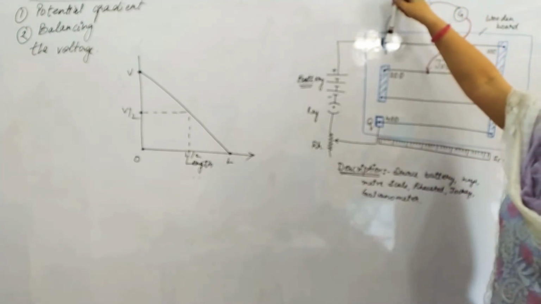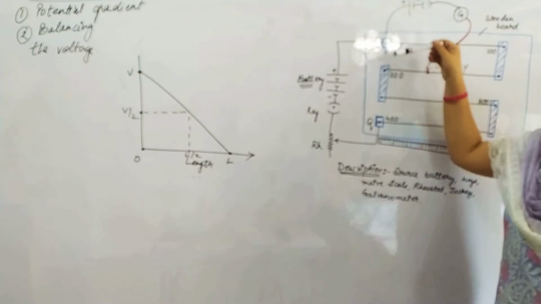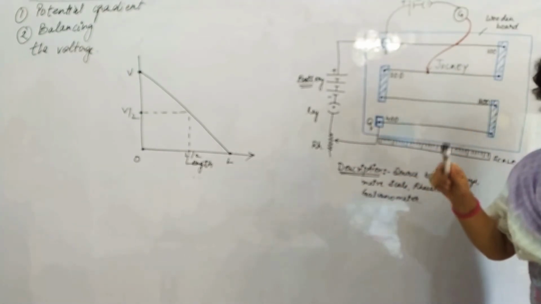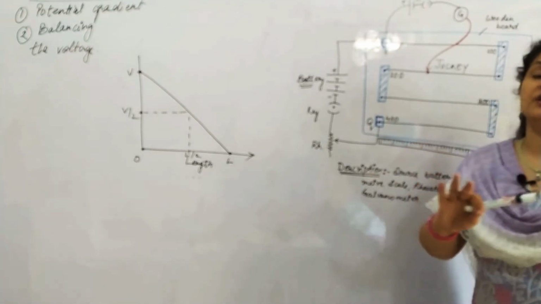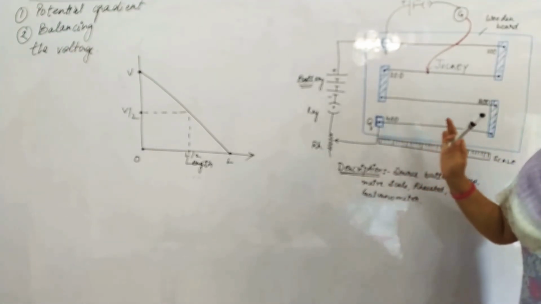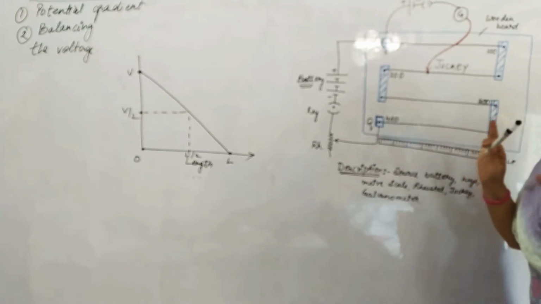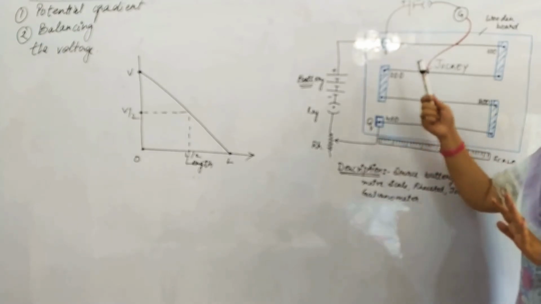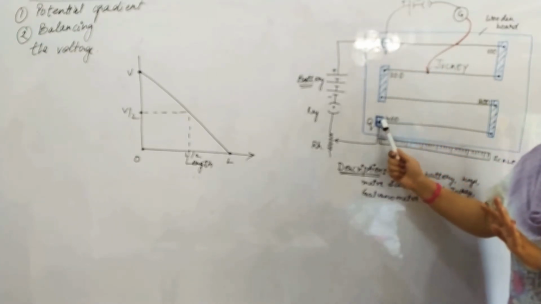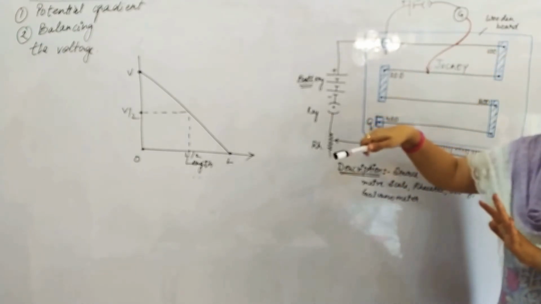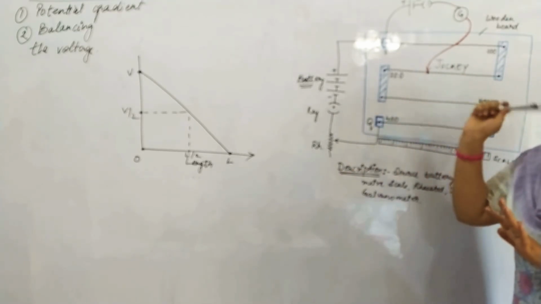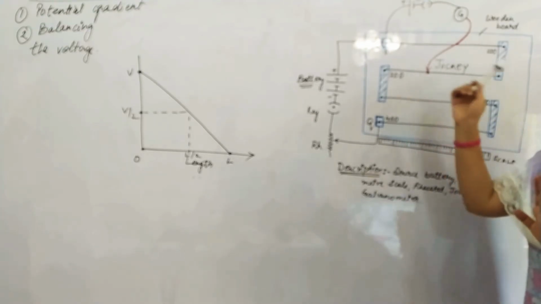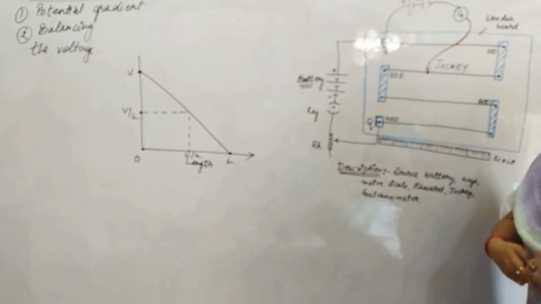When we connect everything, how do we check whether our connections are right or wrong? We touch the jockey at the first end and the last end, at P and at Q. The galvanometer should show full scale deflection. In case it is not showing full scale deflection, something is wrongly connected in your circuit, that you need to check. In practical also we first assure that all the connections are right. The galvanometer should not show only left, or only right, or fluctuate. It should go to extreme right and extreme left. It means yes, current is flowing in both the directions. So that is what the galvanometer tells us.